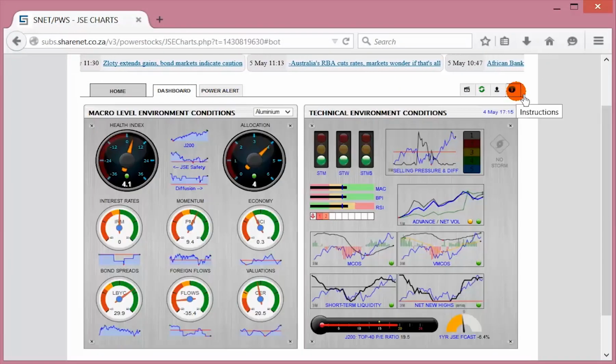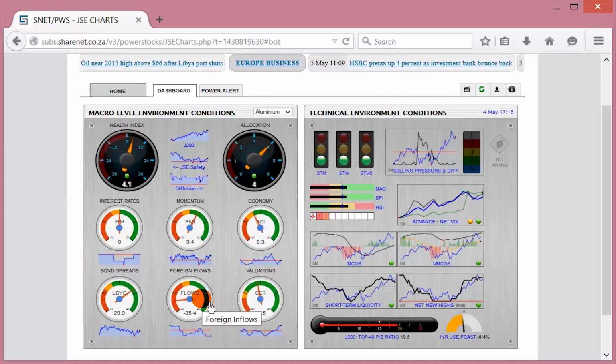So the main thing to look at here is the macro level environment conditions, because it doesn't matter if you're a trader or investor, you need to know if we're going into a bear market and/or a recession, because it really impacts both those people's lives in terms of what they do. If you're an investor, you're probably going to hedge or go into cash if you see a recession looming, or if you're a trader, you'll switch from net long to net short if you see that there's a bear market arriving. So very briefly, these are the 6 things we track that have got multi-decade long-term records in